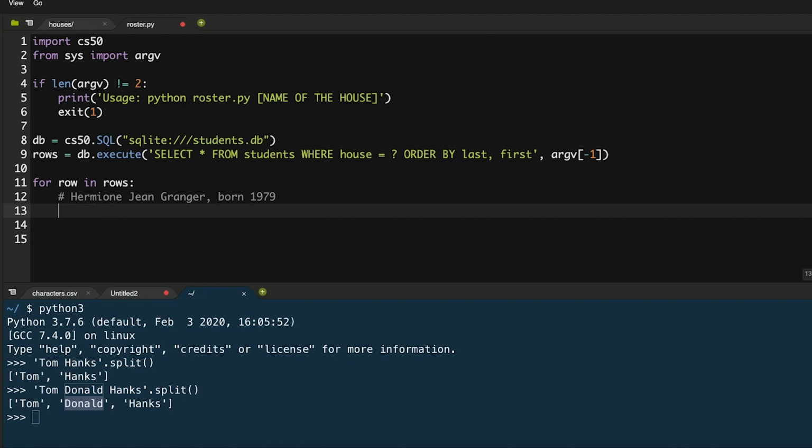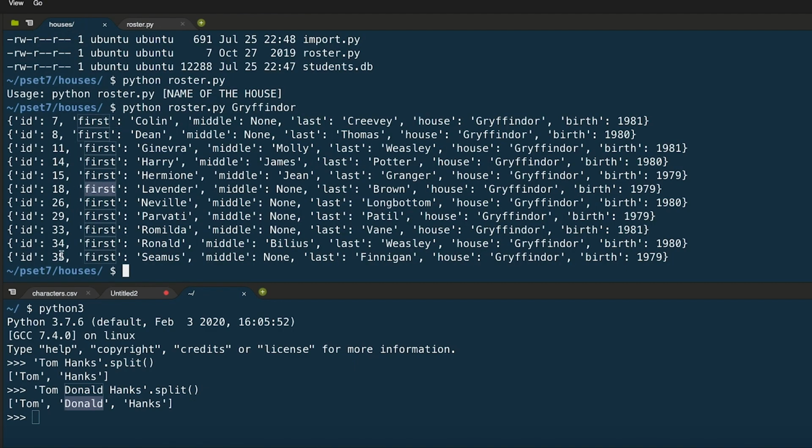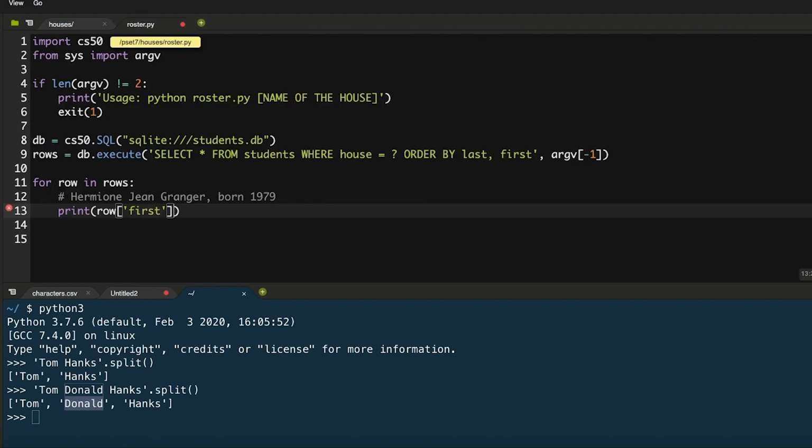So all I have to do is say print row at first, right? We don't need to worry about the ID. We just have to say row at first to get the first name. Put a space after this, right? And we want to check if the middle exists, right? So we want to print empty if row at middle is equal to none. Else we want to print row